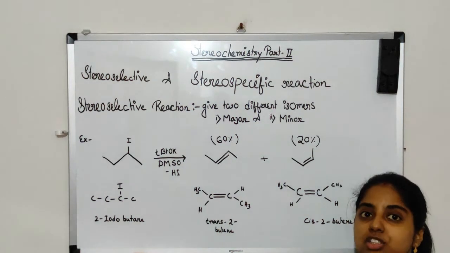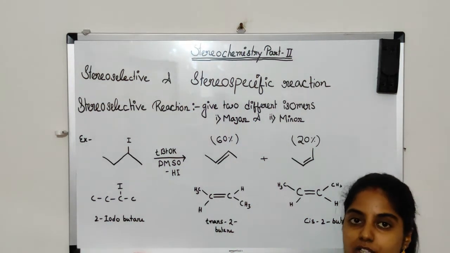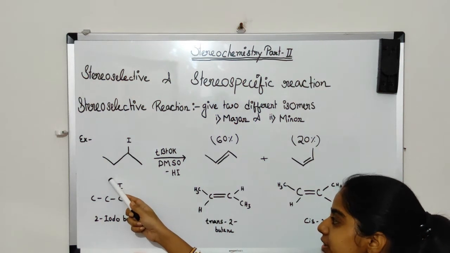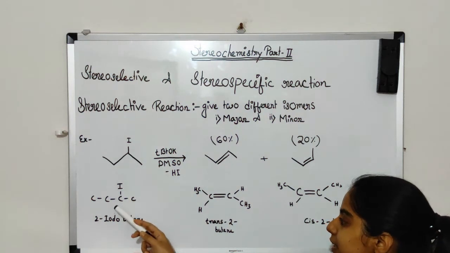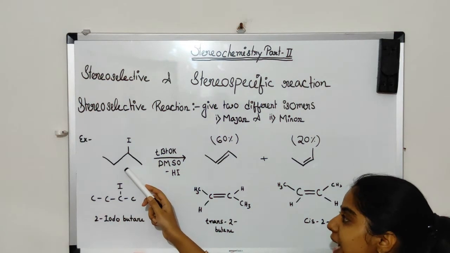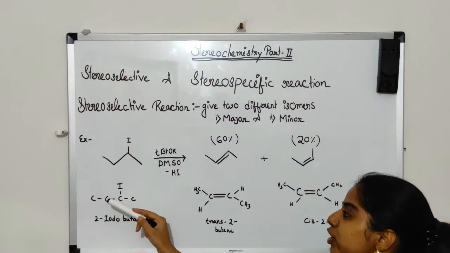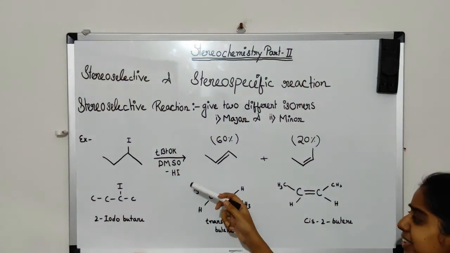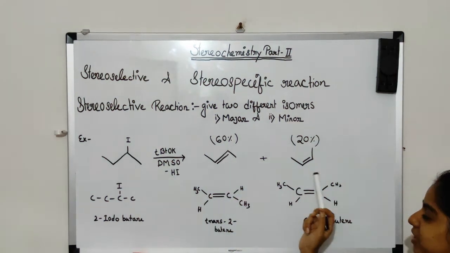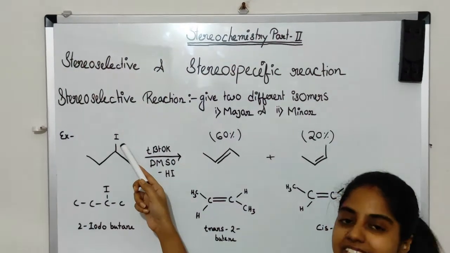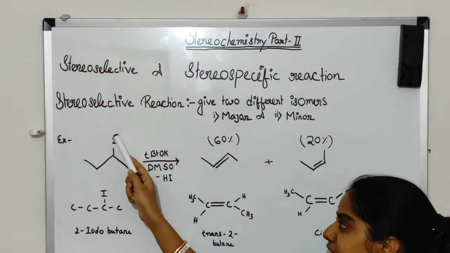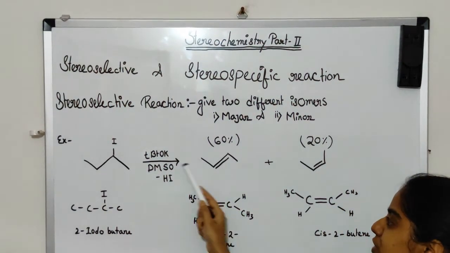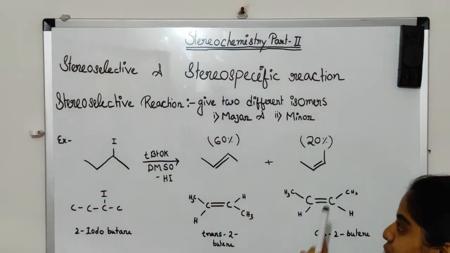among them, right? So when we take a look at the examples, this is our 2-iodobutane, right? This is the simpler structure of 2-iodobutane. When dehalogenation of 2-iodobutane takes place, it forms trans 2-butene and cis 2-butene. So what is dehalogenation? The elimination of a halogen atom. Here the halogen atom is eliminated and it forms cis and trans butene, right?